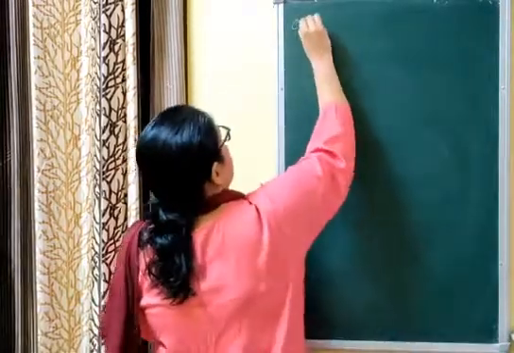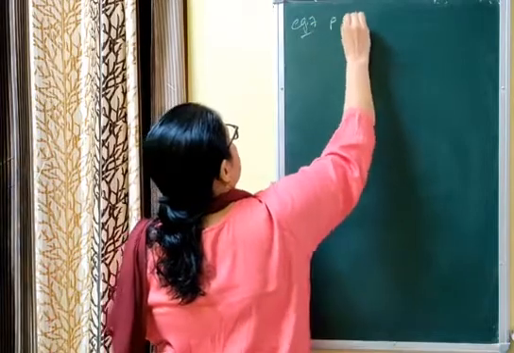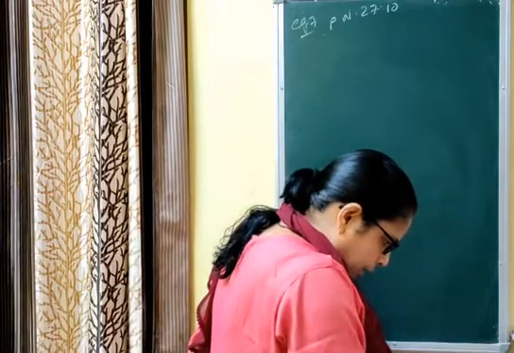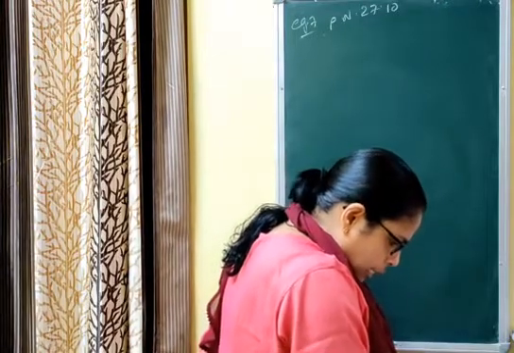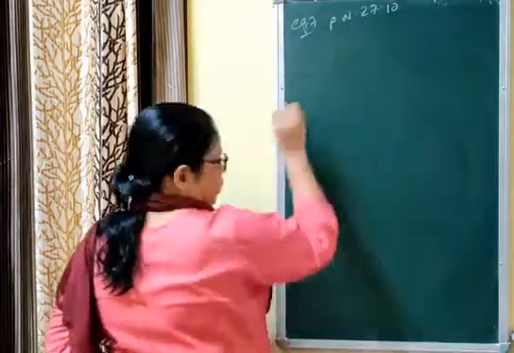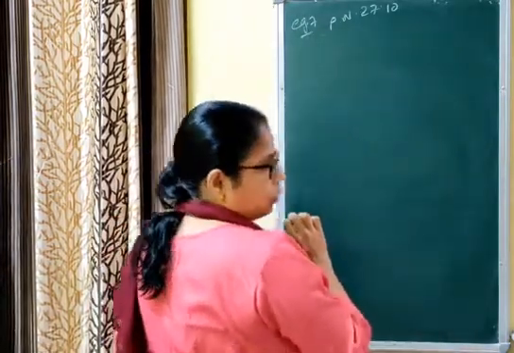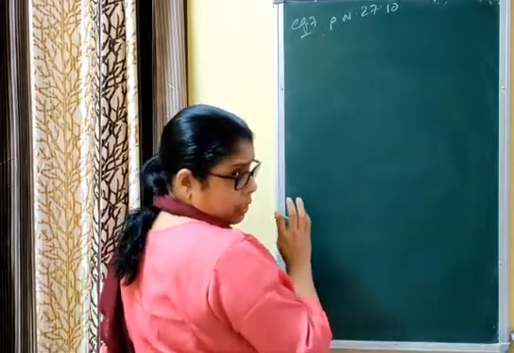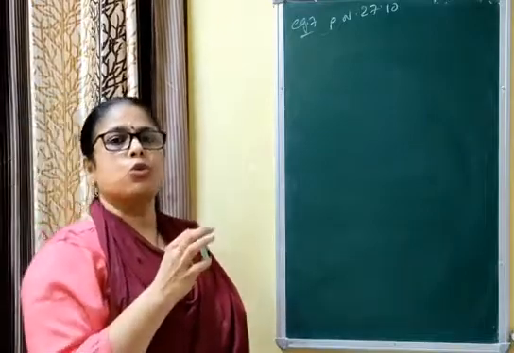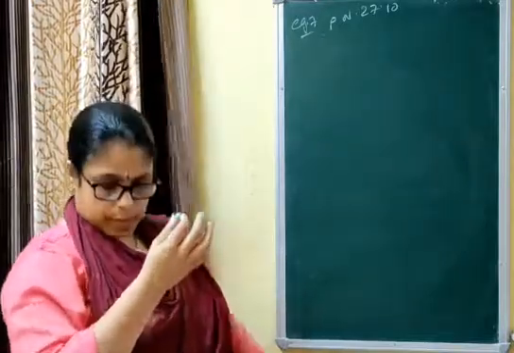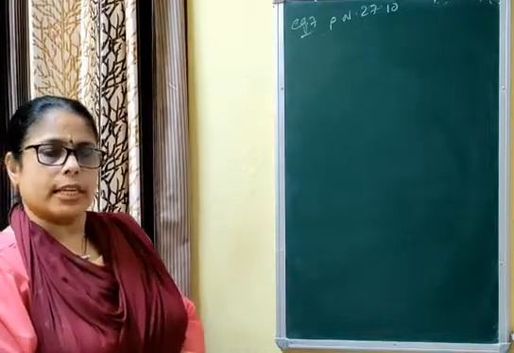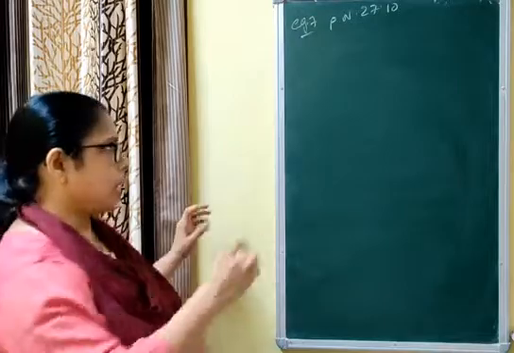Next is example 7, page number 27.10. I am reading the question. Find the equation of the hyperbola the length of whose latus rectum is 8 and eccentricity is 3 by root 5. Now, for latus rectum or eccentricity, we don't know which equation is to be taken. Like in the case of ellipse, until and unless we are given anything, we used to take a is greater than b. Same in this question, we are not given anything related to the foci or transverse and conjugate axis. You can take the transverse axis as the x axis.